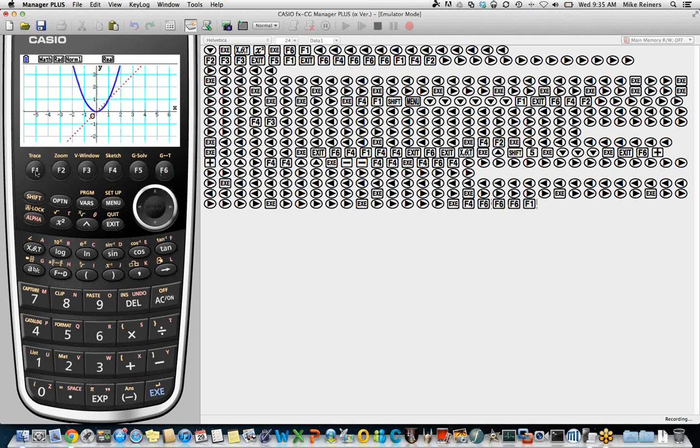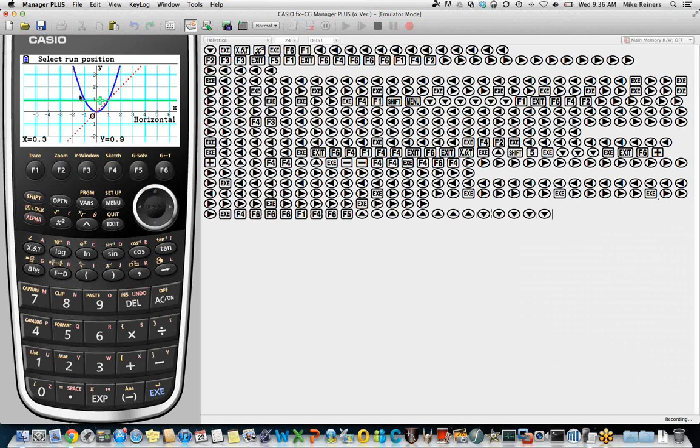Let's clear our sketch. And then let's move on and look at some other options on that second page of the sketch menu. We've used vertical already. Horizontal functions in much the same way. This, of course, is nice to use with our original blue curve because the horizontal line test is used to determine if a function is one-to-one. And determining if a function is one-to-one is a method that we teach in order to dictate whether the function has an inverse.